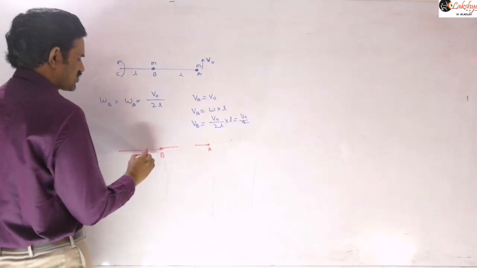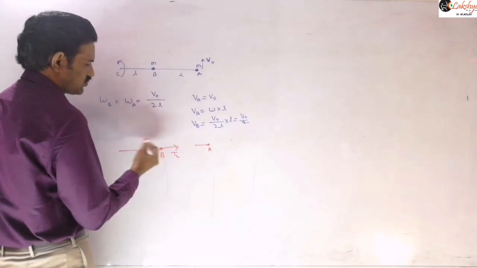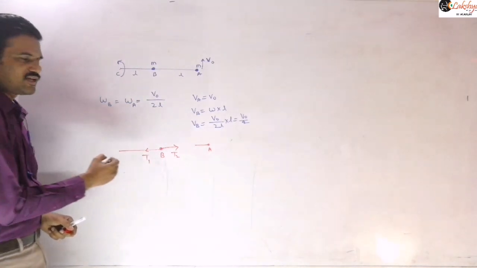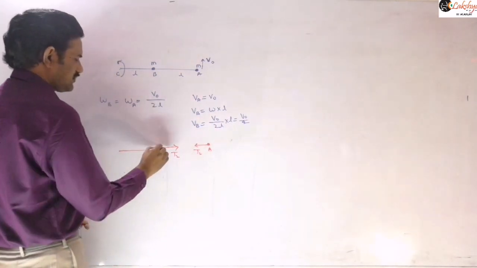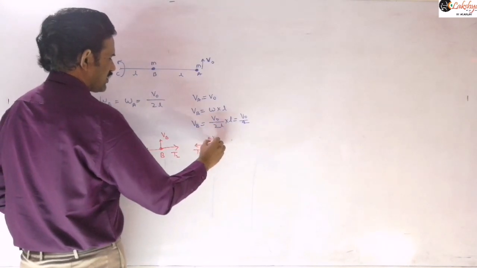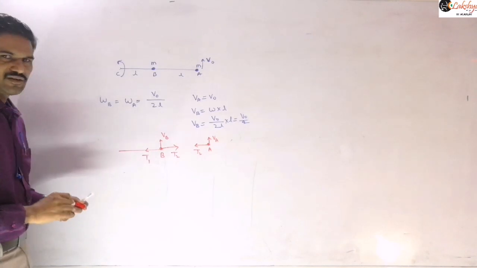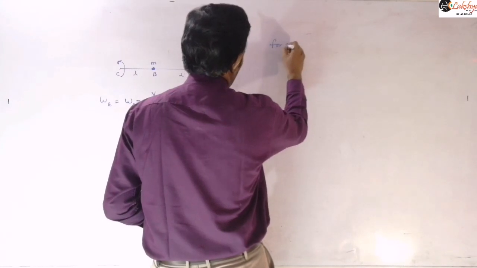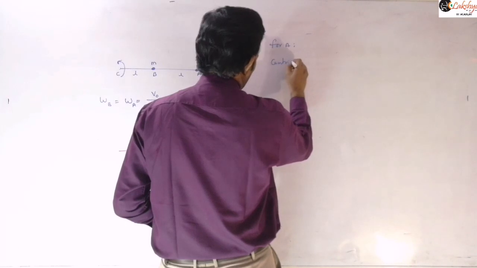And so now here this tension, suppose I am taking it as T1, and let us take this tension as T2. Now we need to find T2 by T1. And so now forces acting on B will be like this, the radial force. And then for this the tension T2 will be there like this. And now here it is having that velocity Vb, and this is having some velocity Va like this. And so now you can write the centripetal force equation for A and B. So for A I am writing now.